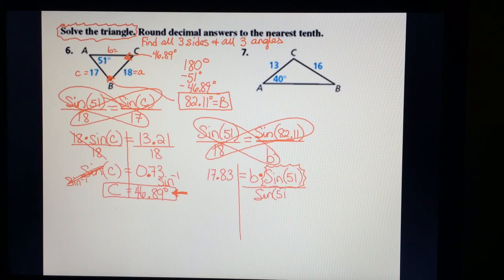Think about it as if it's just a number value. It is a number value. I can just put it in the calculator, and that's what we need to do. It's going to cancel. Okay, in the calculator, 17.83 divided by sine of 51 tells me that side B, lowercase b, because it's representing a side, is 22.94. No degrees, because that's not an angle. That's a side. We now know all three sides. And we know all three angles. We have solved that triangle. Notice he's not a right triangle. He's a regular triangle, but I have solved and found all